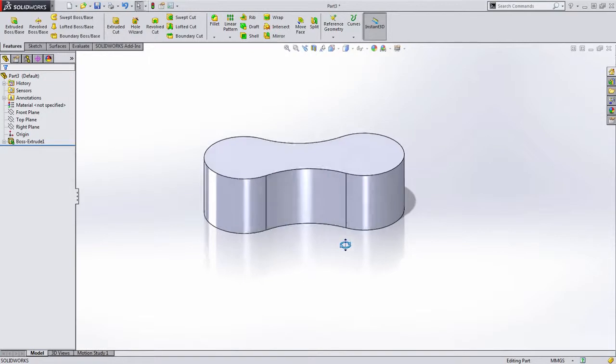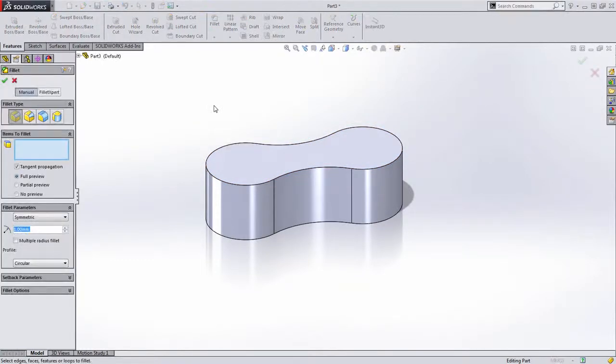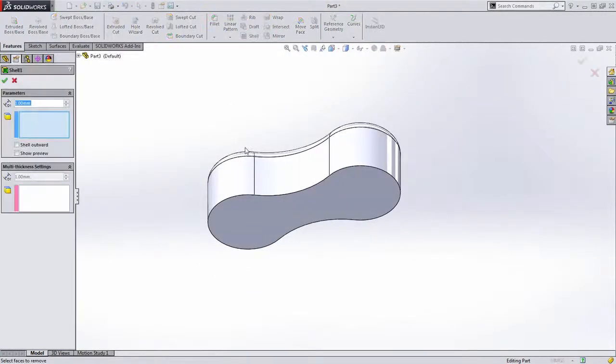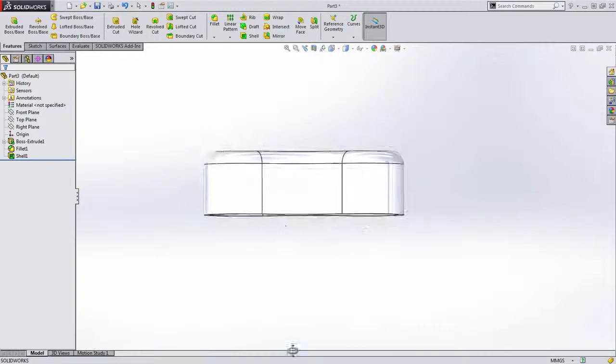So the next thing we're going to go ahead and do here is there are some fillets that go on the top of this. So I'm going to choose my fillet command here, and it's a 6mm fillet on the outside. Now, an important thing to keep in mind is that fillet is going to be offset the wall thickness of the shell that we're going to create in a minute. So let's go ahead and do that now. Let's enter the 3mm wall thickness for the shell, and notice when I do that how it automatically offsets that